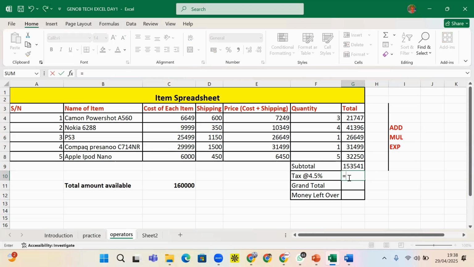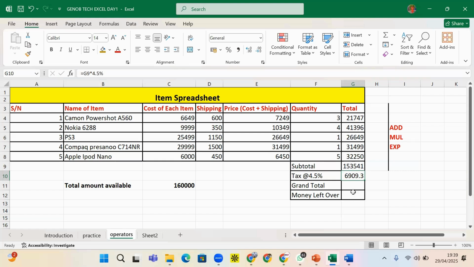So we say equal to, what are we looking for? We are looking for 4.5% of the subtotal. Equal to what? Subtotal, right? Times 4.5%. That's just it. And we'll get it here. This times 4.5%. Are we together? So that's how to calculate percentage